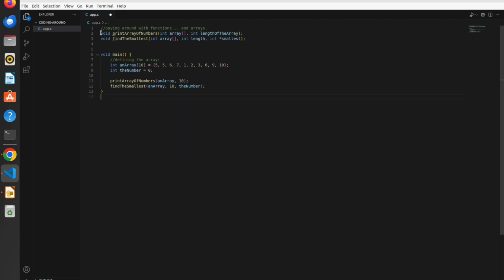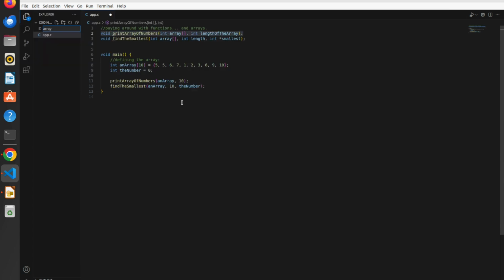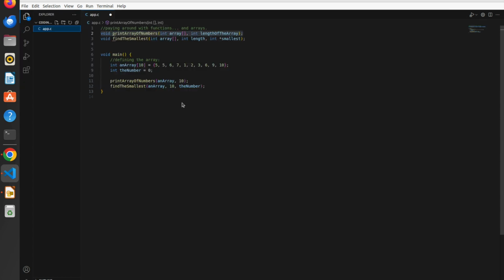Okay, so here you can see I put together two functions. One is to print an array of numbers. I'm passing an array as argument. You know, in C we need to tell what's the length of the array. So the length of the array is there, the second argument at line 2, and then on line 3 I'm defining a function to find the smallest number of